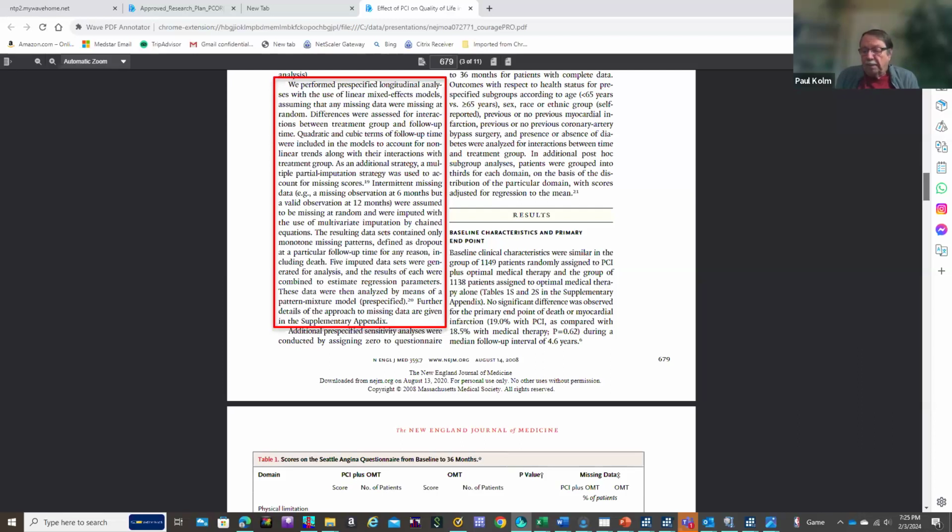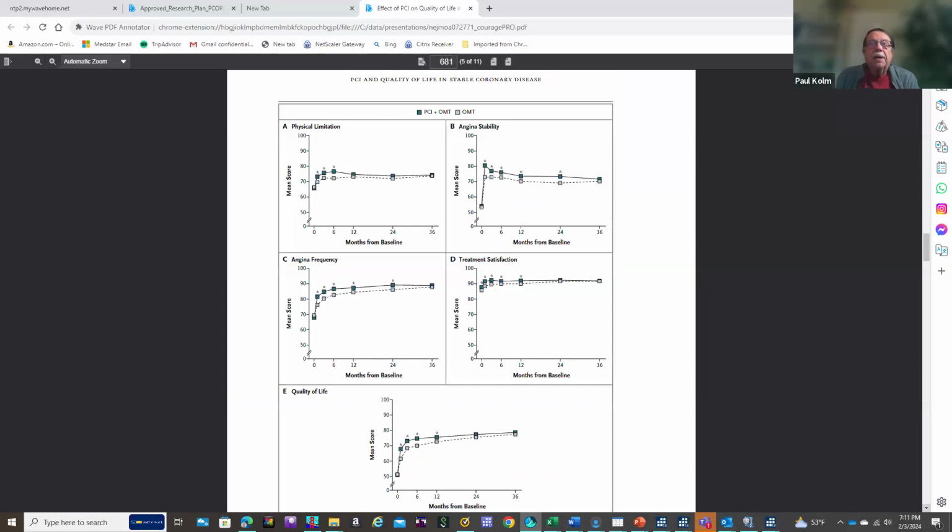In terms of a presentation of results, this would be the main picture that you would want to see, because when you have repeated measures data, a plot of the data over time is really the best way to communicate what the results are. And so you can see here that we have, for the